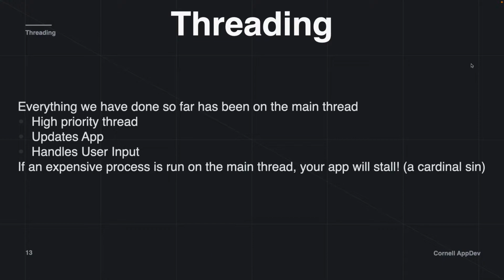But a little backdrop of threads, if you haven't really discussed them yet in your classes, is we can split up our work into distinct little processes that can work independently of each other. So they almost run in parallel. Whether they actually run in parallel or not depends on your system, but we can think about them this way. Everything that we have done so far in this course has been on something called